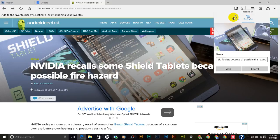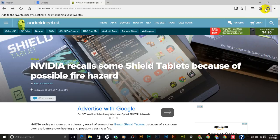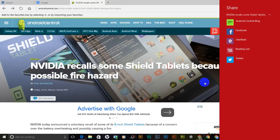That's where the reading list would come in, and then favorites can be your sites that you know you're going to keep coming back to over and over again. So that's a pretty good feature. I like that. I see they have a share mode, and I was never an Internet Explorer user, so